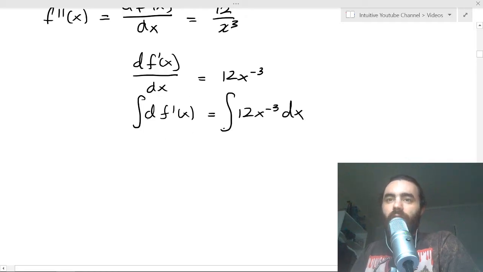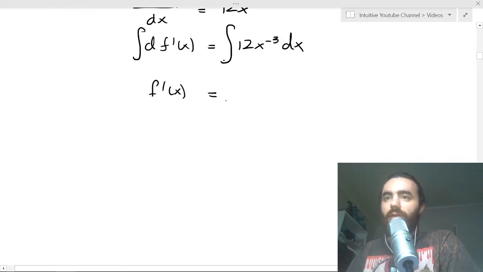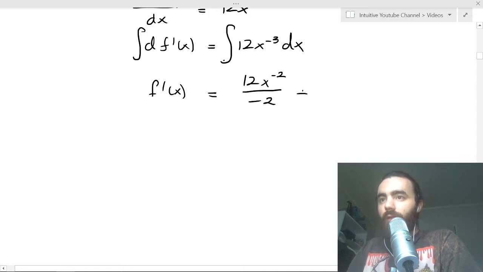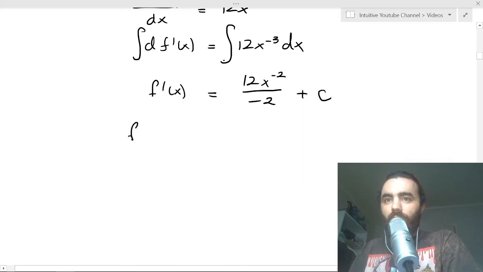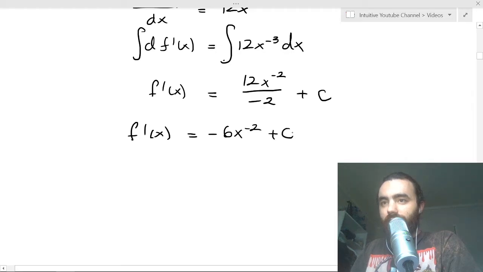And just like the integral of dy would become y, the integral of df prime of x becomes f prime of x, equals this integrated, which will be 12, and go up by a power, which is negative 2, divided by the power. And then again we have this plus c. So we get f prime of x equals minus 6x to the negative 2 plus c,